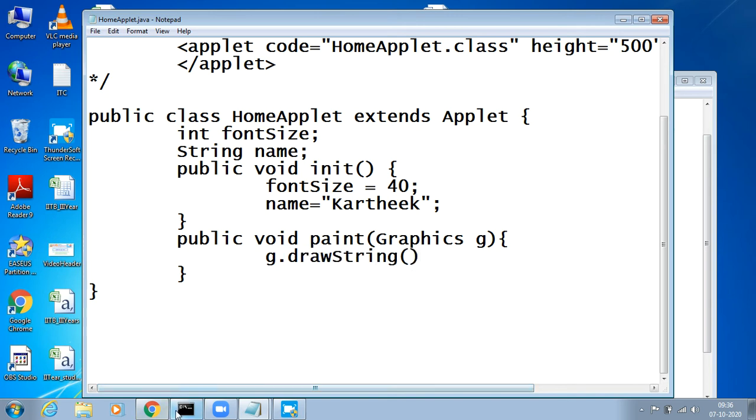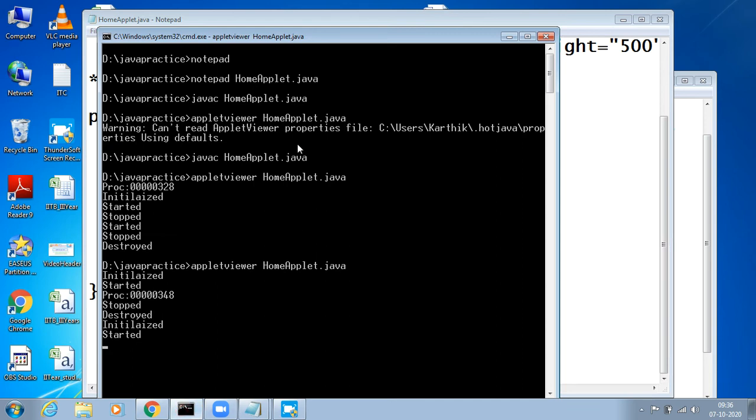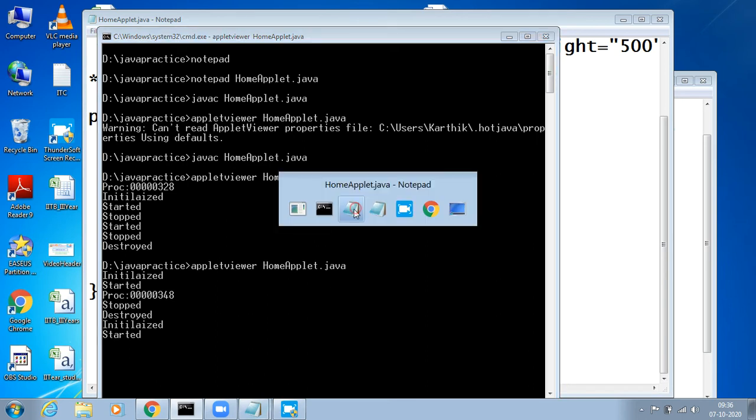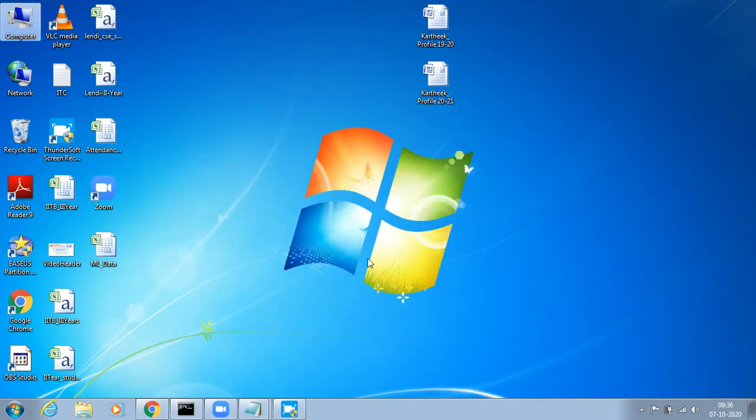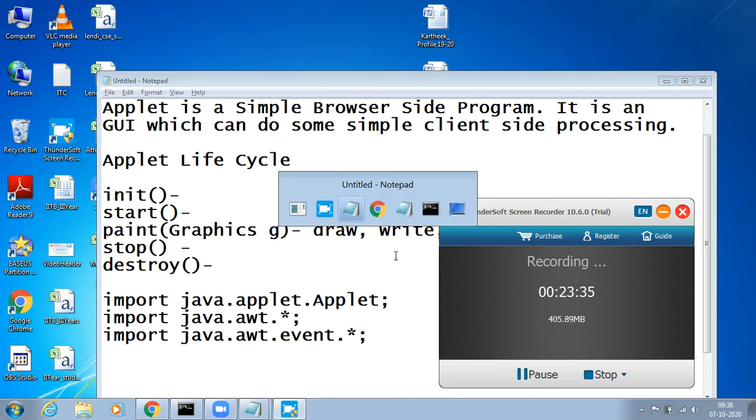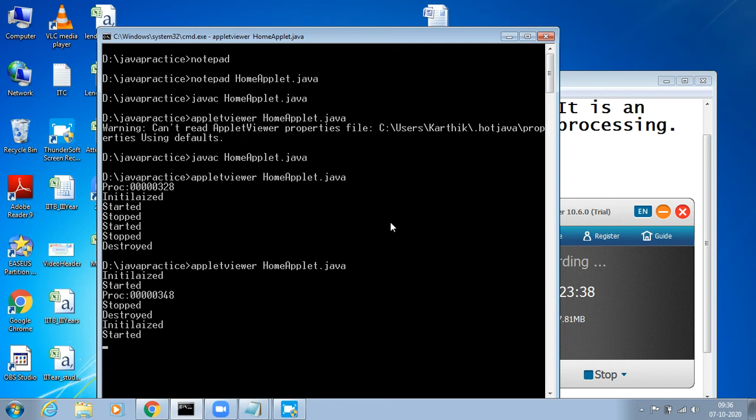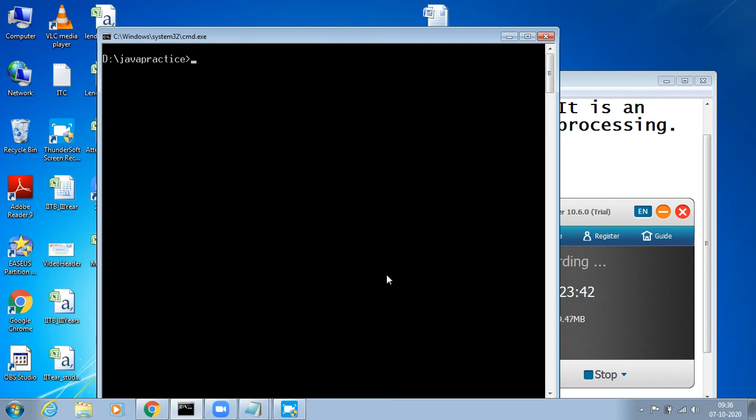People, if you want to see different methods of applet, you just try to look into this. Maybe I did not close the applet somewhere. Okay, so javap java.applet.Applet.